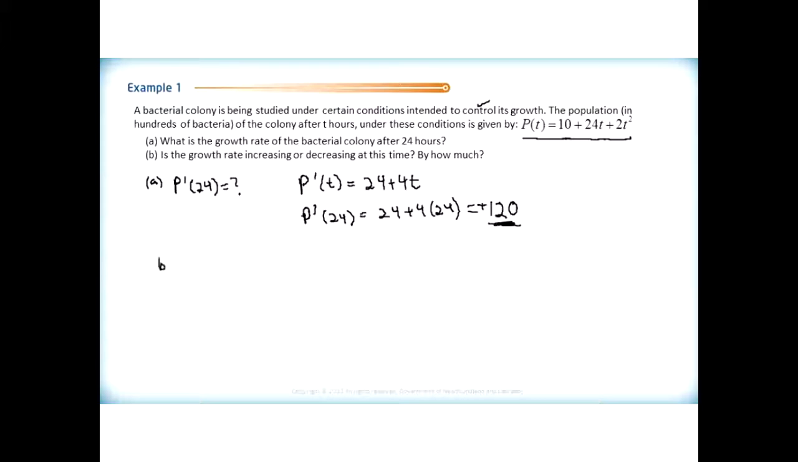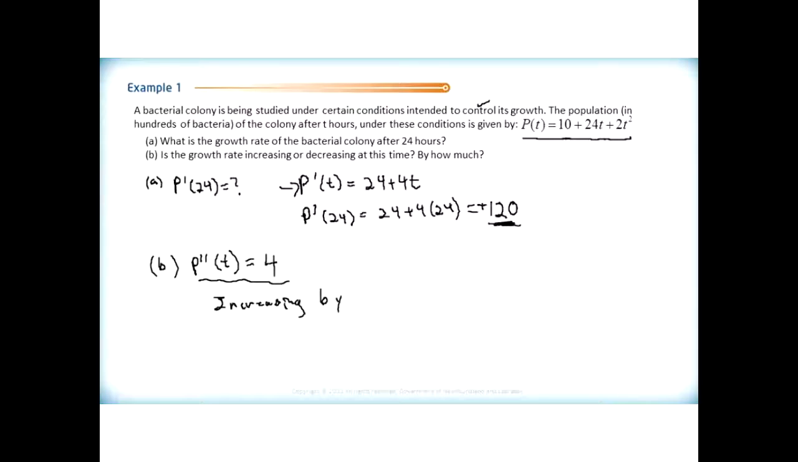All right, let's take a look at part B. It says, is the growth rate increasing or decreasing at this time? So for that, we're going to have to look at our second derivative, P double prime of T. And our second derivative, if we think about it as just differentiating this one, is going to be just equal to... Okay. And it says, is the growth rate increasing or decreasing at this time, and by how much? Well, it's increasing because that's positive